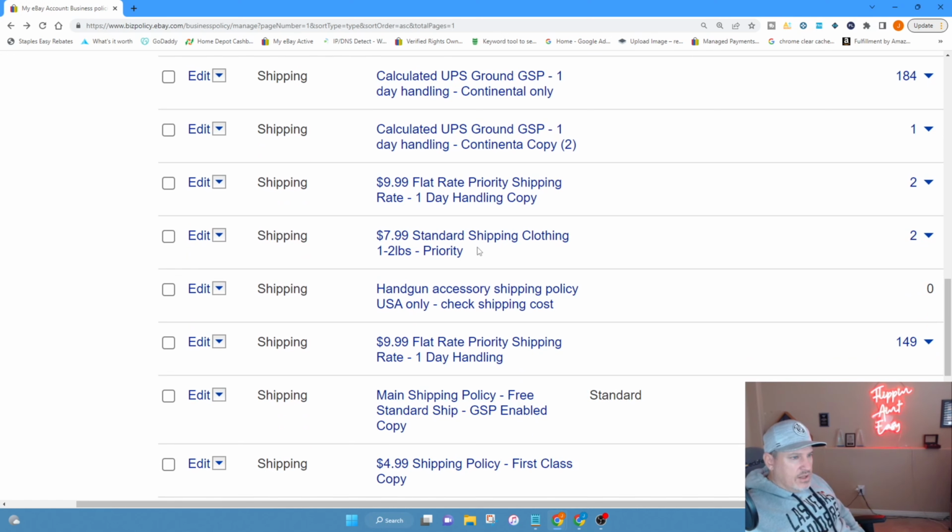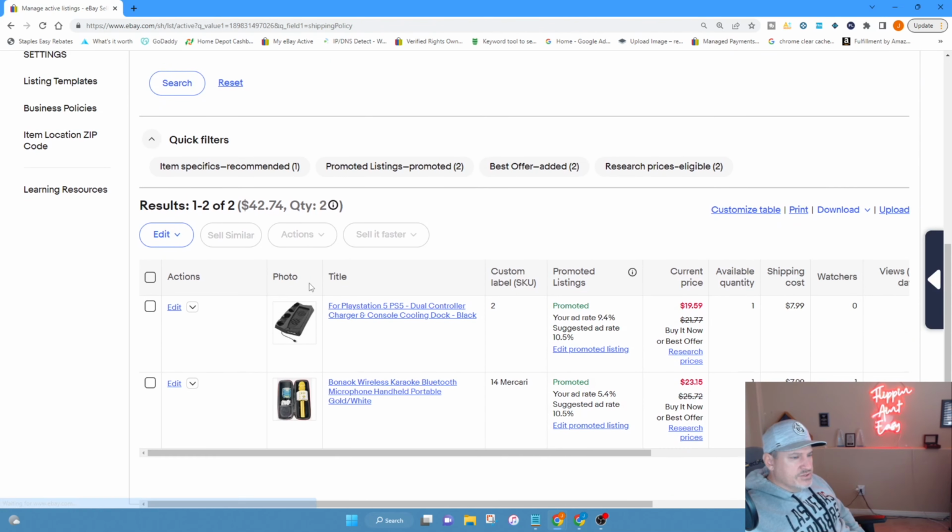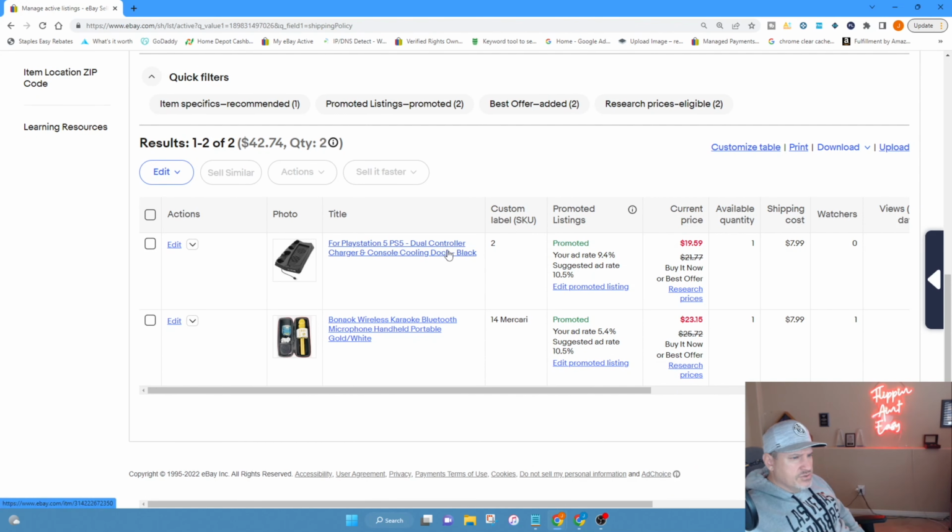So for instance, I'll just make it simple. Before I can edit or delete a policy, you have to get rid of the stuff over here, okay? So right now it's showing I have 2 listings that are assigned to the $7.99 policy. So I'm going to view those listings, okay? It shows me that I have a PlayStation dual controller charger dock, and I have a wireless karaoke Bluetooth microphone. So in both cases, I'll just go and edit selected, or actually, I'm sorry, edit all 2 listings, so